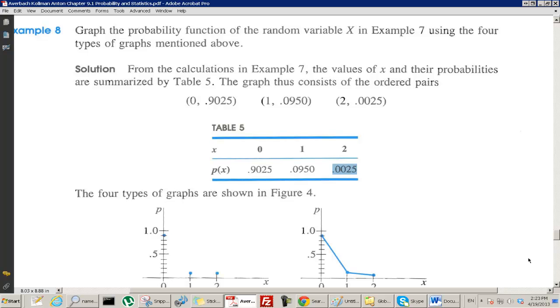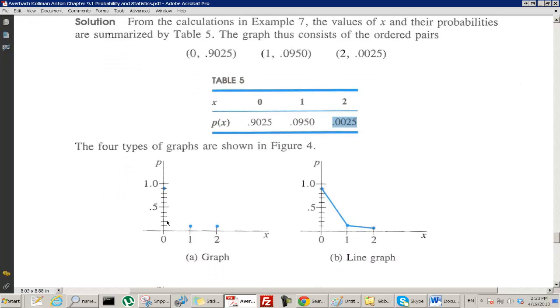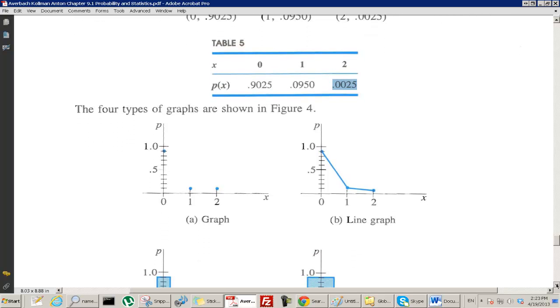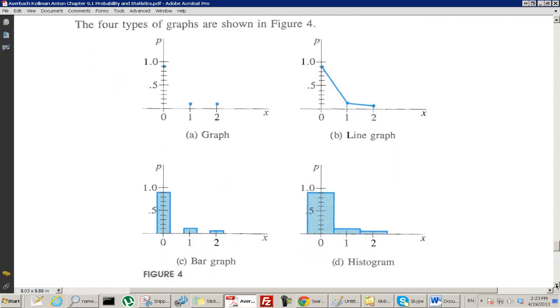So what's the graph look like? We can do it with the dots. So 0 was much more likely, and these two were equally likely but very low. We could also draw it with the dots, but with the lines connecting the dots. We could also draw the bar graph,